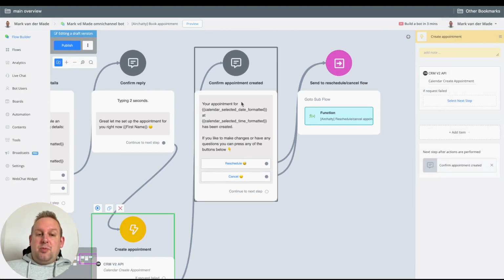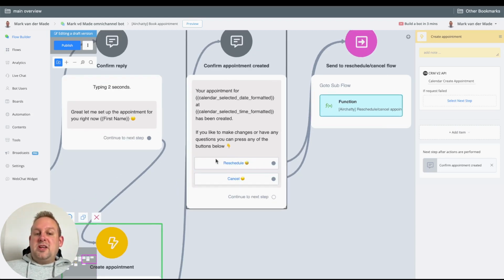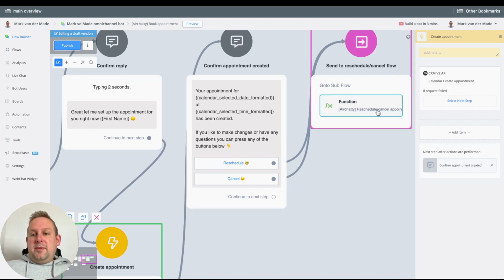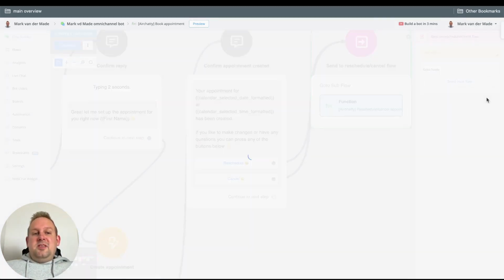So once this appointment has been created, then we will basically give them a confirmation of that specific action. So your appointment for this date and time has been created. If you'd like to make any changes or have any questions, you can press any of the buttons below. So if they want to reschedule or cancel, they will go towards the exact same flow. So if we take a look there, then you will see